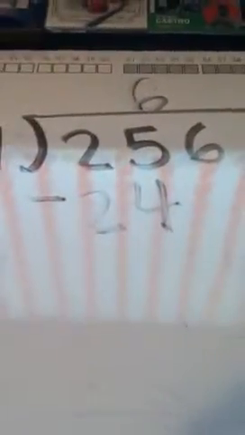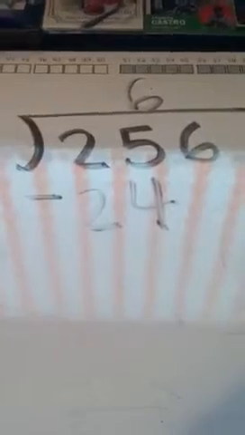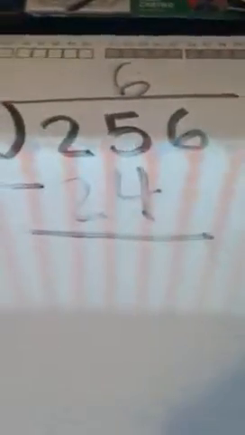I'm going to cross my M off over here on the side, and now my third step that I'm ready for is subtract. So I'm going to take the 25 and the 24, and I'm going to go ahead and subtract. So 25 minus 24 is 1. So I'm going to write my 1 down below, and then I'm ready for my last step, which is bring down. And I like to draw an arrow